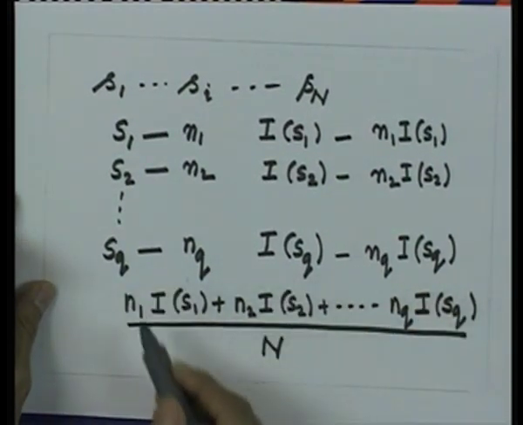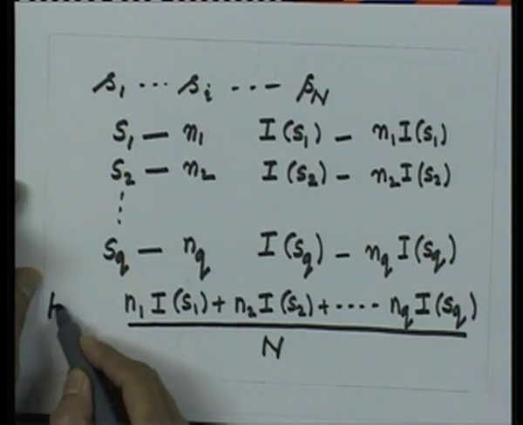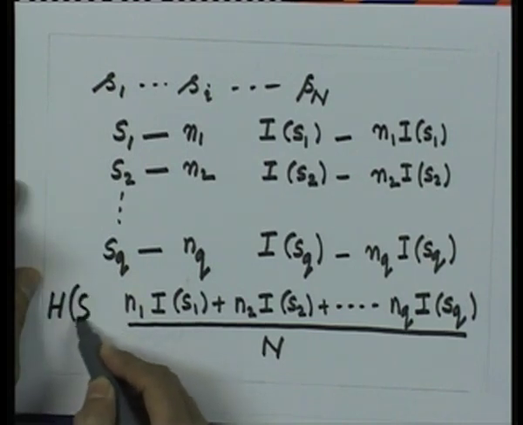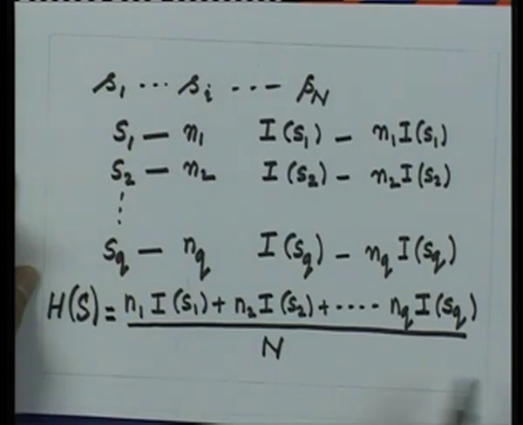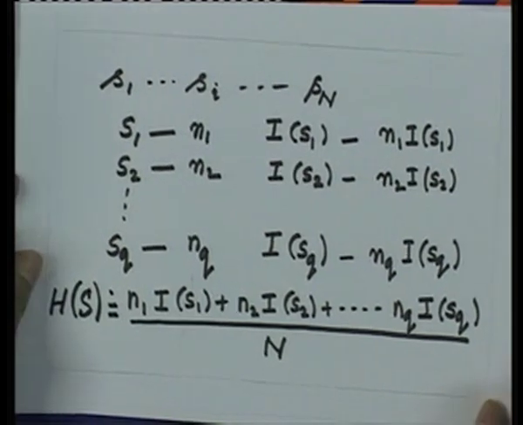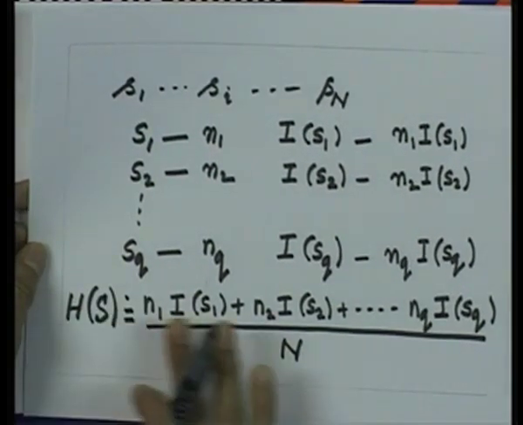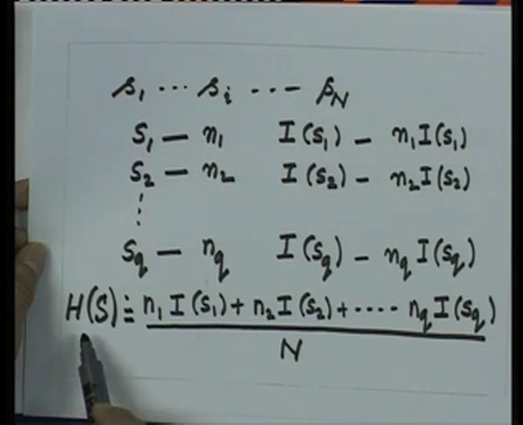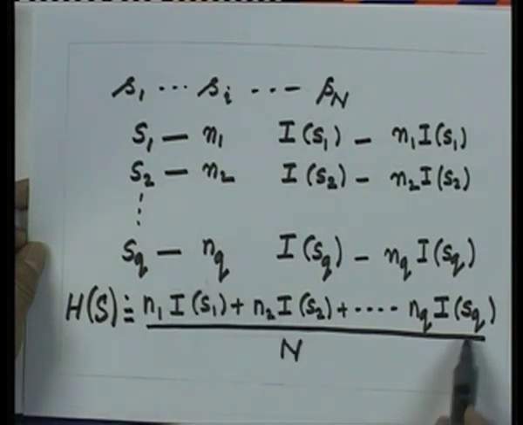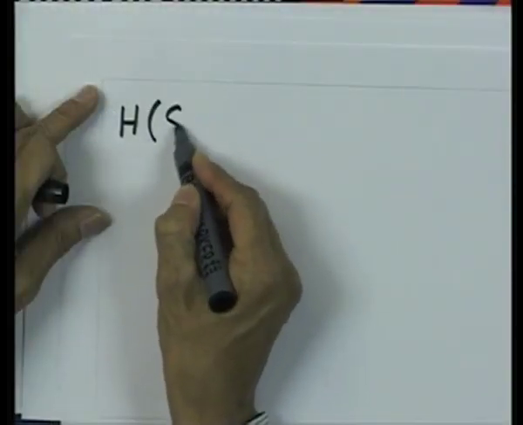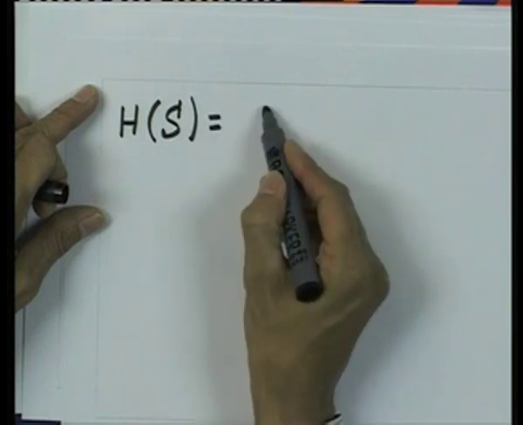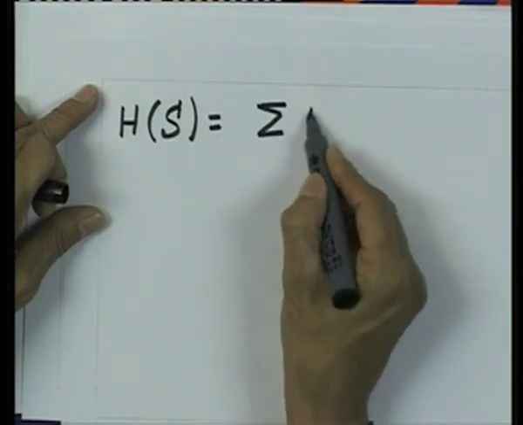Let me just denote it for the time being by H of S, approximately equal to this. This is the abbreviation which I am going to use for this quantity on the right hand side. Then I can simplify this quantity: H of S is nothing but summation of